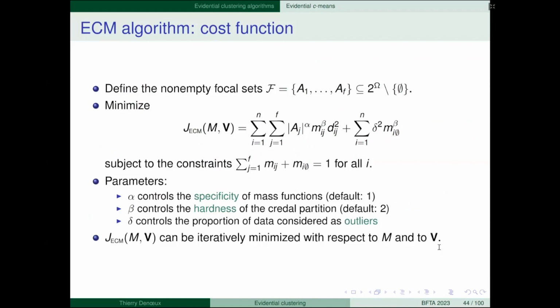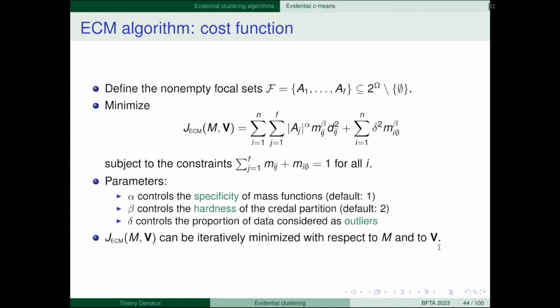Because of course in evidential clustering, if you have, let's say, 10 clusters or 20 clusters, you may not want to have 2 to the 10 or 2 to the 20 focal sets. So sometimes you reduce the focal sets. Here we have lowercase f, the distinct non-empty focal sets that we consider. For example, all the singletons and the pairs. Okay, and sometimes you can also put omega.